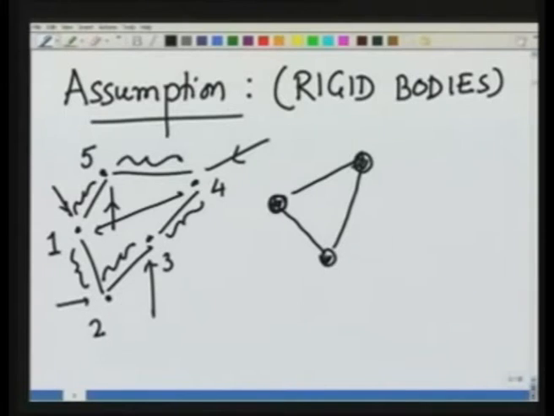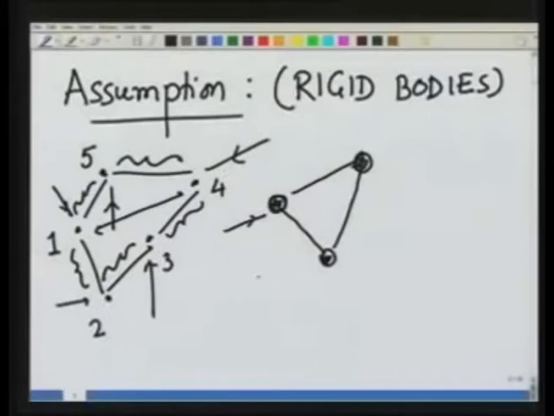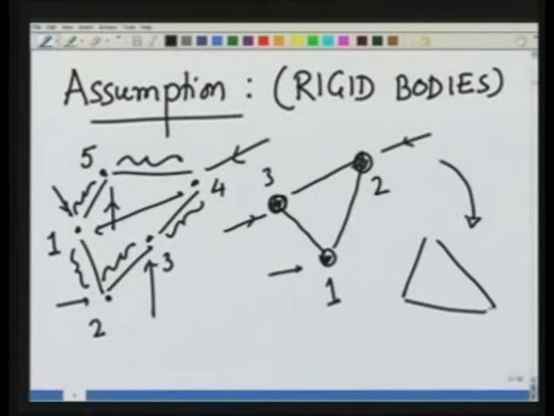So the distance between two particles would remain unchanged. You can feel right away when I apply a force, it is not going to deform. The only thing this body can do is change its orientation. So for example, 1, 2 and 3 could go to a different shape like this, a different orientation like this,